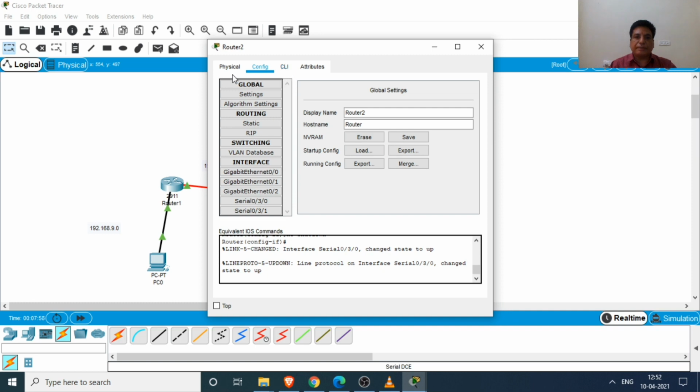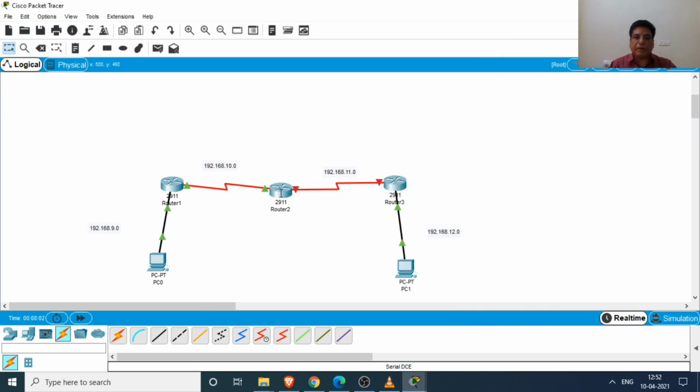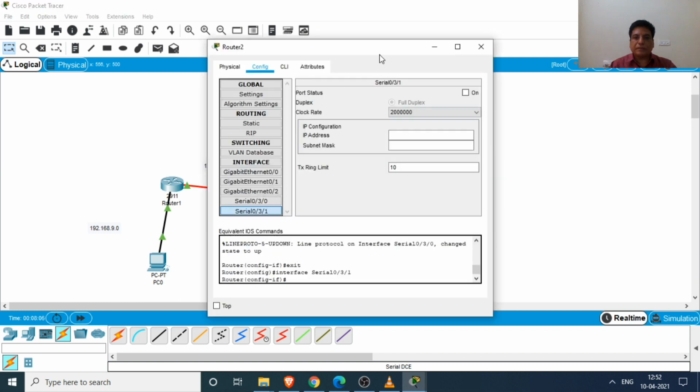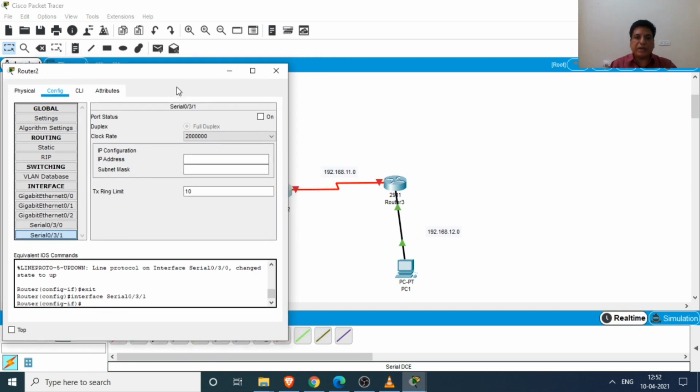We click on the routers, we go for the port 031. Now we can give the IP address to this port 192.168.11.1, subnet mask for the class C, and the on the ports.